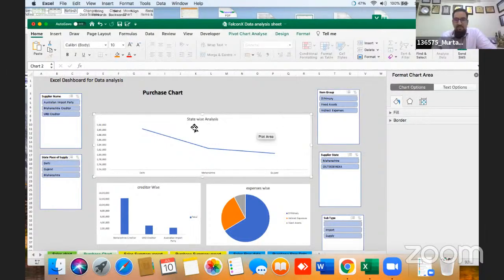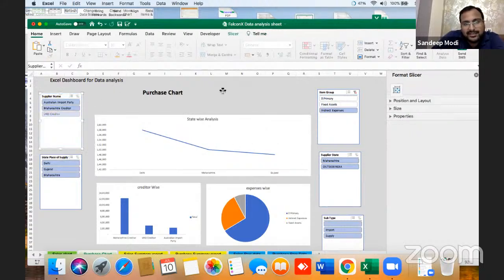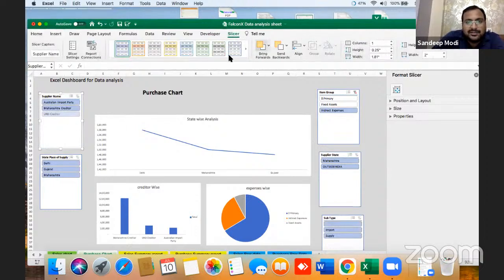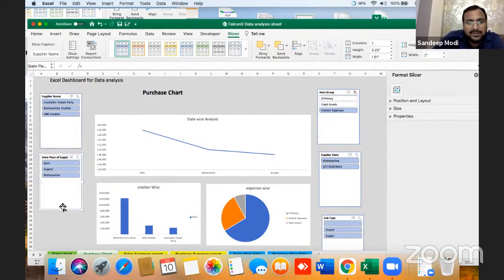For slicers, as you can see, only one chart is connected to the slicer. Now, for connecting the slicer to all these 3 charts, click on slicer, report connections, and here you can select the charts. Click.